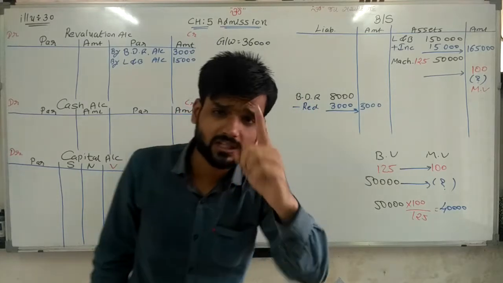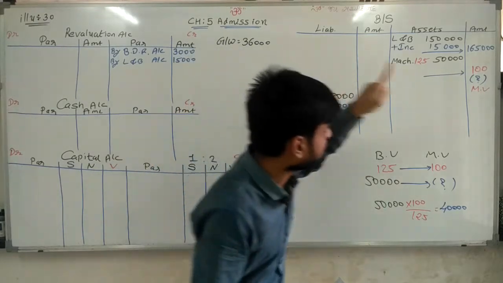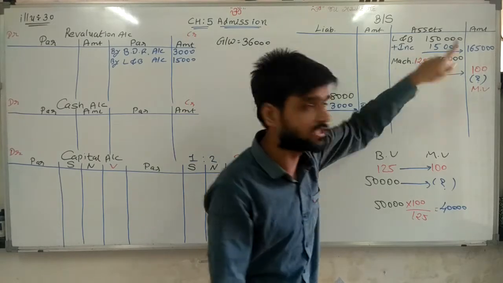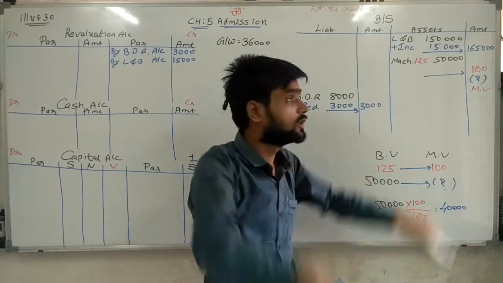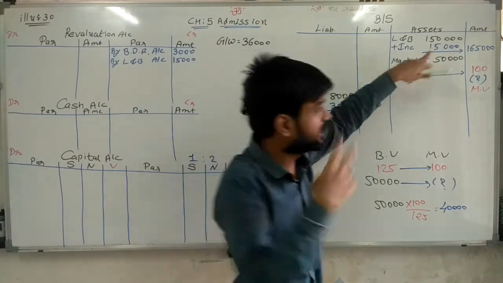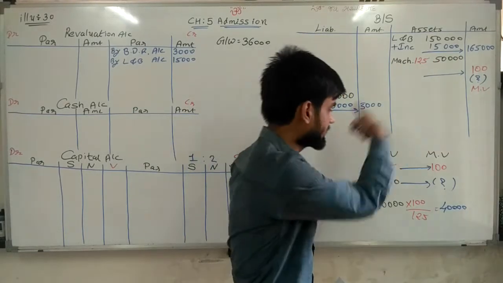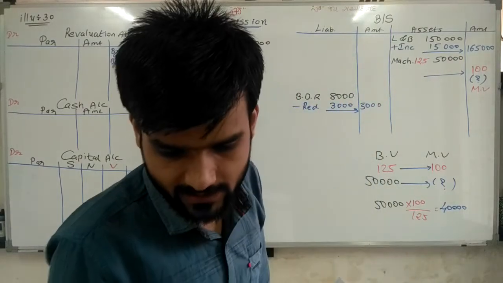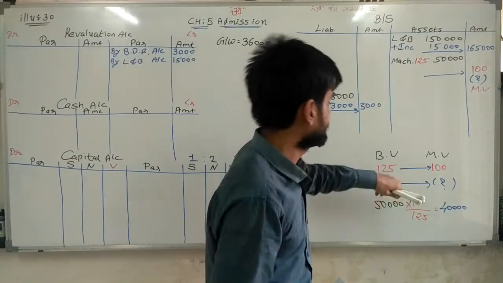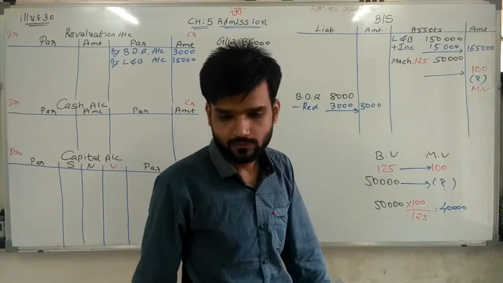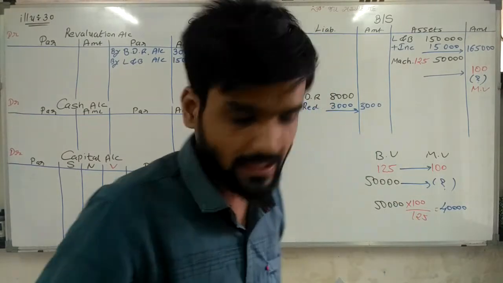Again, I am repeating one thing. Please try to understand. Book value is 25% more. It means in the book 50,000 rupees is given, that is more, so it's 125. What we need is market value. That's why this calculation is done. So in this way, I can say market value is less by 10,000 rupees because 40,000 is my market value. Simple. So 10,000 rupees is my loss.